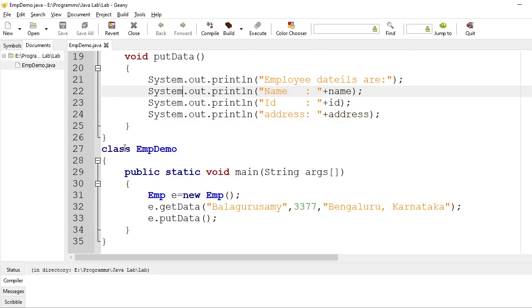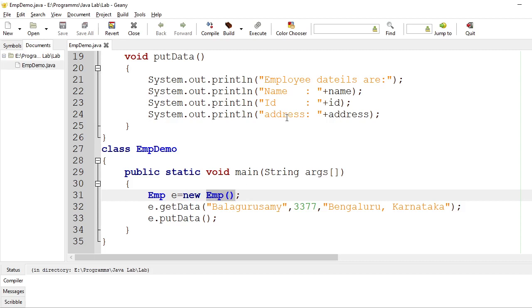Once the employee EMP class is done, I have to create the EMPDemo class, which contains the main method. In the first statement, I have created the object of that employee. Here EMP is the class name, then the object name E, and then I use the keyword new. If I want to create an object of any class, I have to use the keyword new. Then I am using a constructor called EMP.